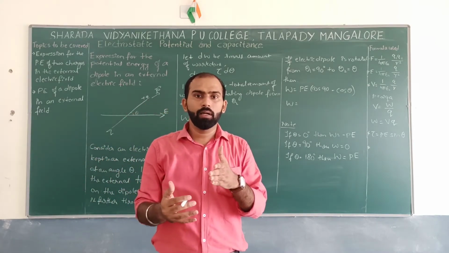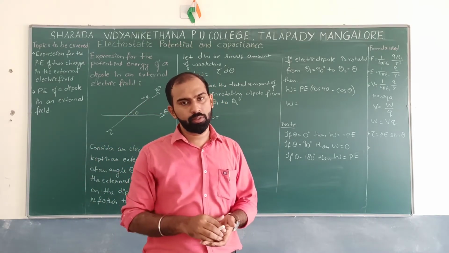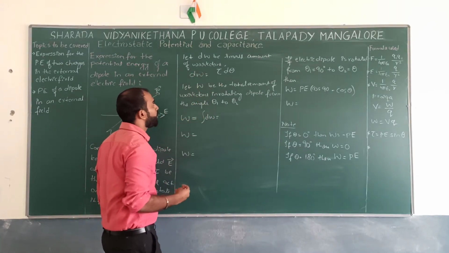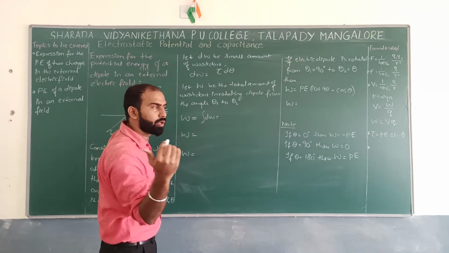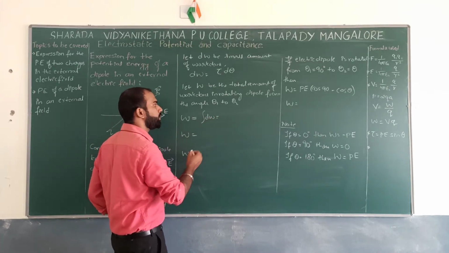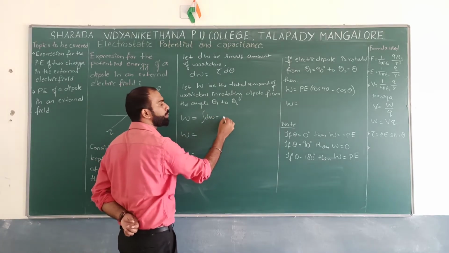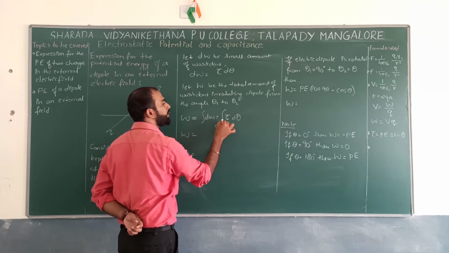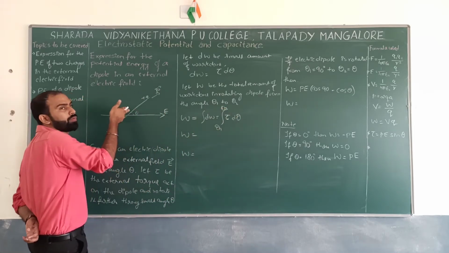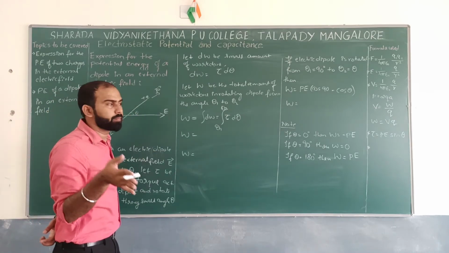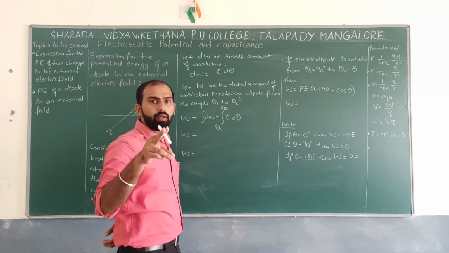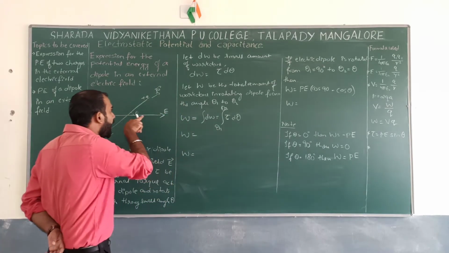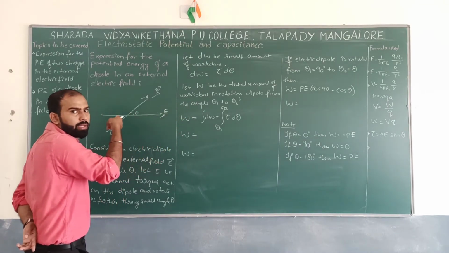Now, how to get the total amount of work done in the particular system over here? Just by integrating this small amount of work done, we will get the total amount of work done in the particular process. So dW can be replaced by tau into d theta with the limit theta 1 to theta 2, correct? It can move from theta 1 to theta 2 over here. So one thing you have to remember, your job is to keep your dipole along the direction of electric field, somewhat like this.